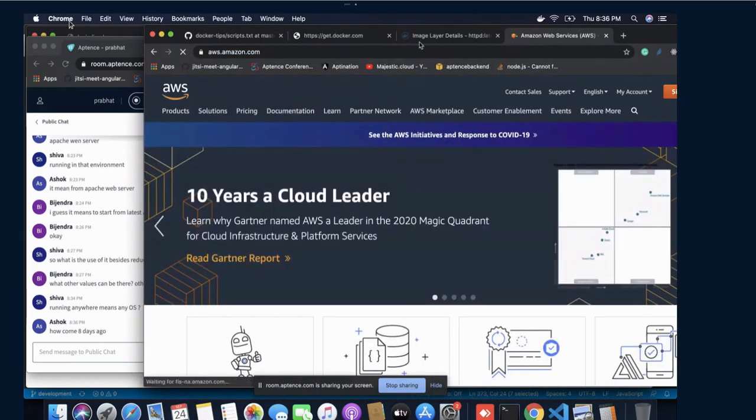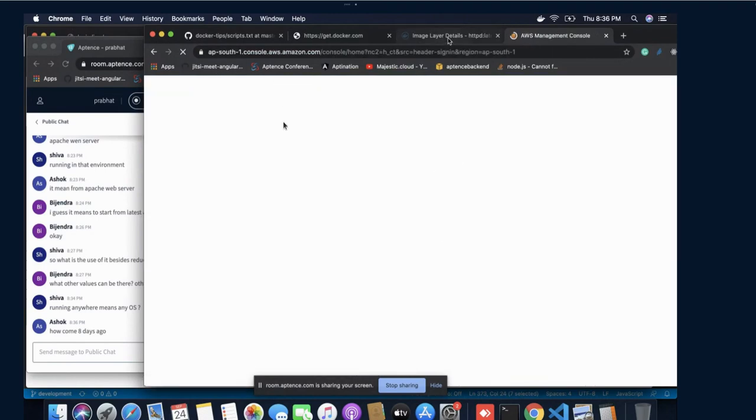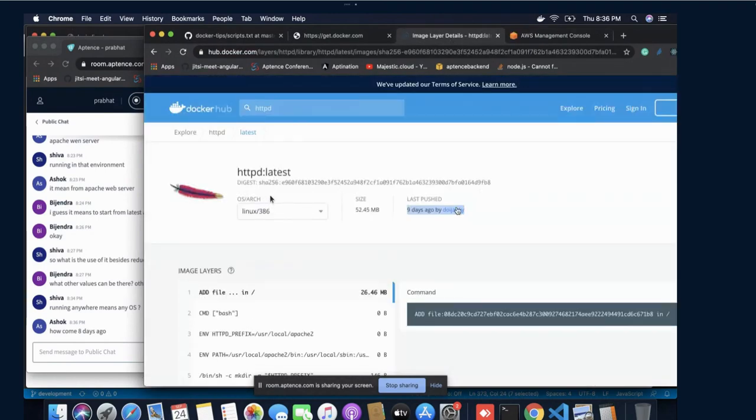How come 8 days ago? Can you see? Last was 9 days ago. It means this is the time they are showing. Although this Docker image was created by this person, it says they have updated the Docker image 9 days ago. So this is the information that we are getting here.